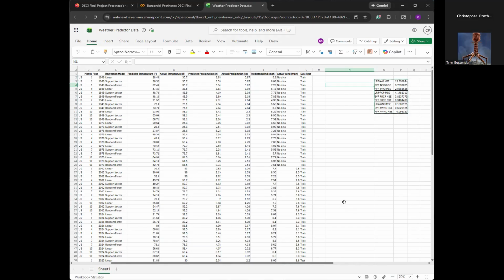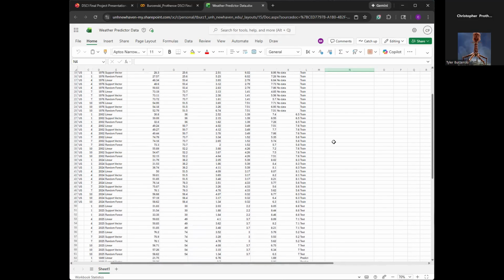On the right side, we have the MSEs of how each of these models performed, with the random forest regression model performing the greatest, having the least MSE. If we scroll down a little, then we can see